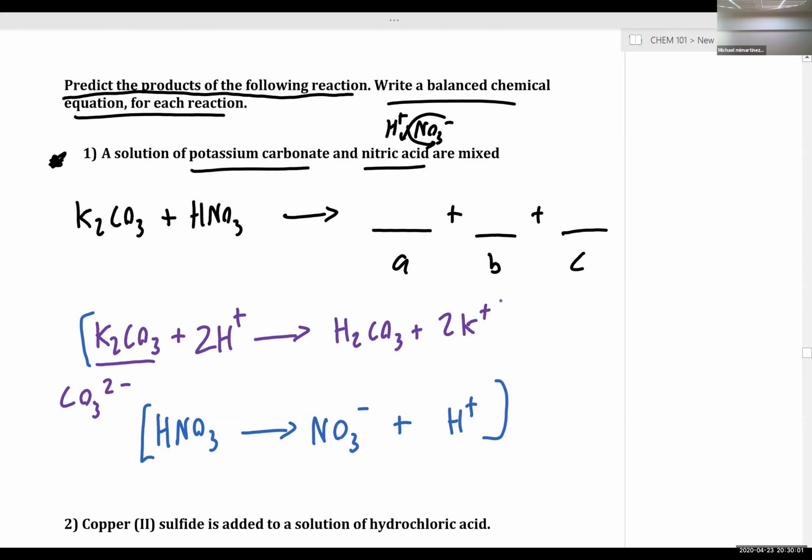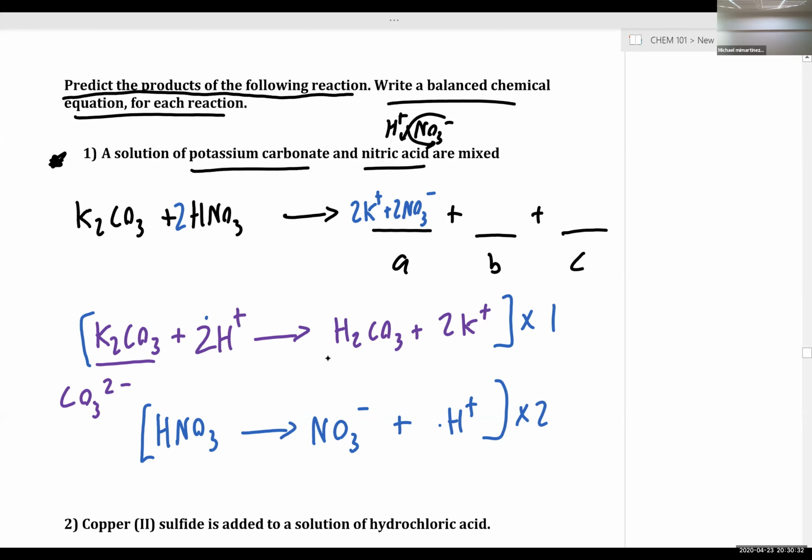Now we look for the least common multiple. So what's the least common multiple between 1 and 2? 2. So we're going to multiply our bottom equation by 2 and our top equation by 1. So we have 2 nitric acid leading to 2 potassium plus 2 nitrate